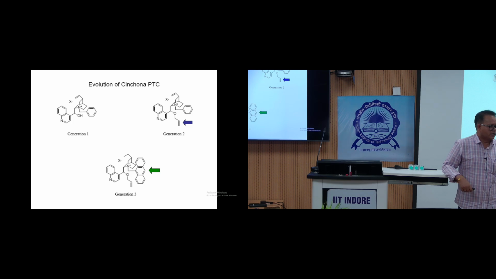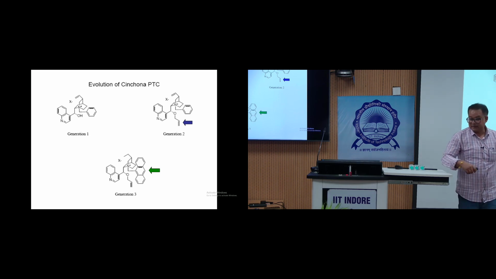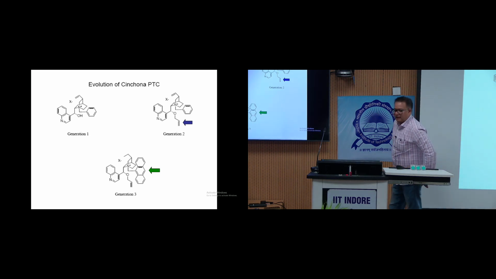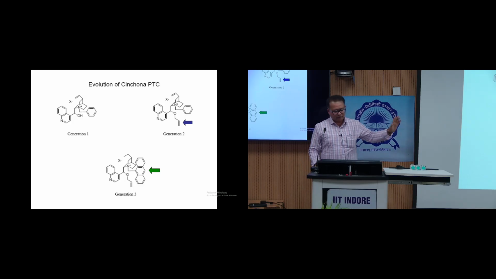We know about ring closing metathesis. What is the catalyst? Grubbs catalyst, Robert Grubbs, who won the Nobel Prize. But was that the first catalyst which was discovered? No. Before them, there were a series of catalysts. Even after Robert Grubbs, Richard Schrock developed molybdenum-based catalysts, and they also used them for ring closing metathesis. So there's a continuous development of catalytic chemistry: generation 1, generation 2, generation 3. The same thing happens in transition metals as well, but I feel that in phase transfer catalysis, the first one